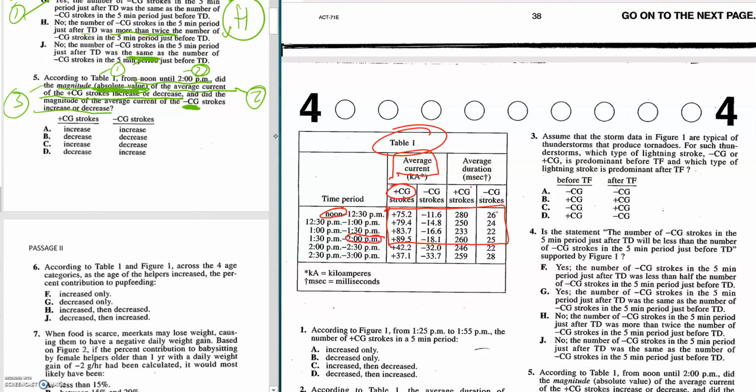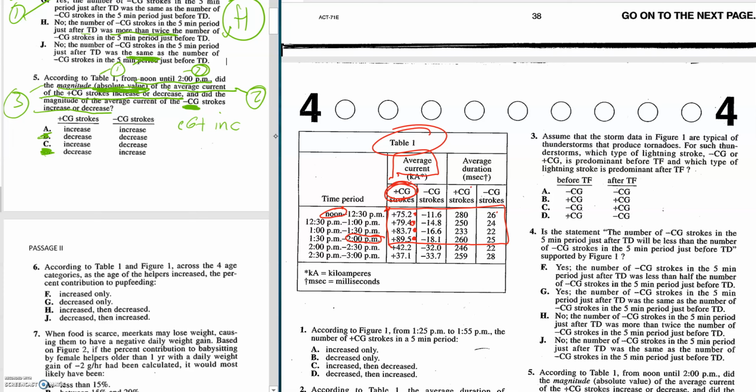Again, I'm just doing it step by step and it's all becoming clear. The plus CG strokes, did that increase or decrease? All right, just going to look down right here. 75, 79, 83, 89. So the plus CG strokes, they increased. CG plus increased. And that means we can just look over here and see that B has decreased and D has decreased. They're out. Now we have to take the second part,